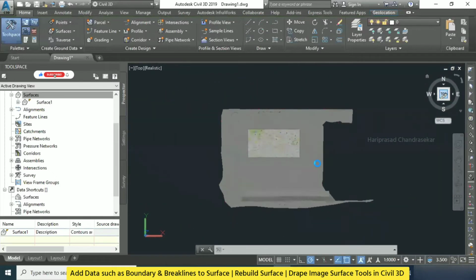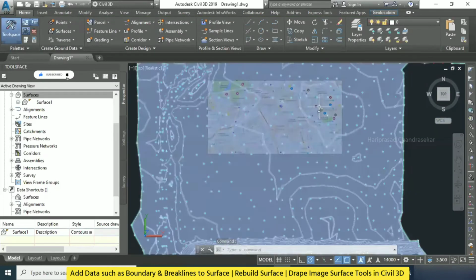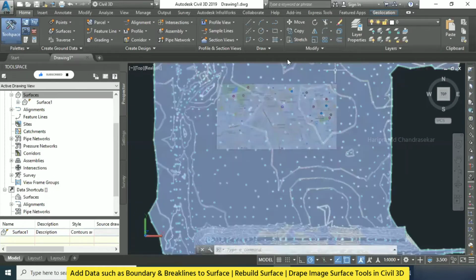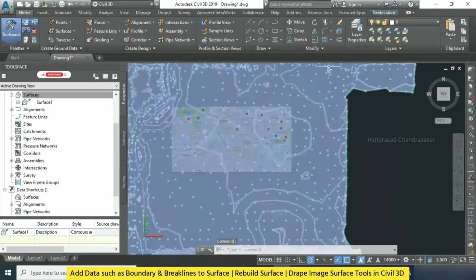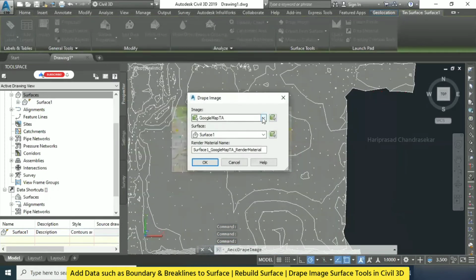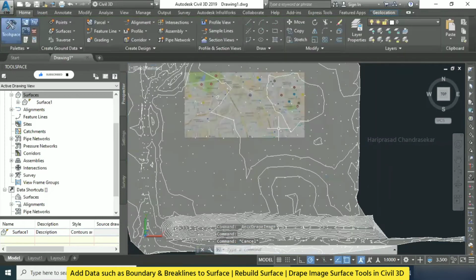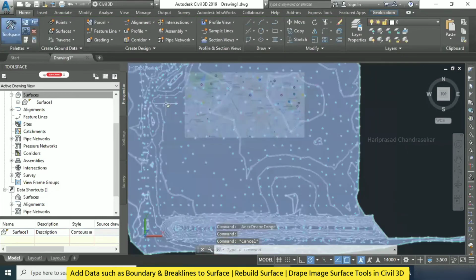The other one is gone. So it's only one image at a time. Only one image we can do, I guess. Or we can have multiple images, but then you need to name it accordingly, I guess. See, when I'm going for drape image, I think only one image is possible in that case. Yeah, because when you're doing this, the other image is going. So only one image can be in one file for one surface.